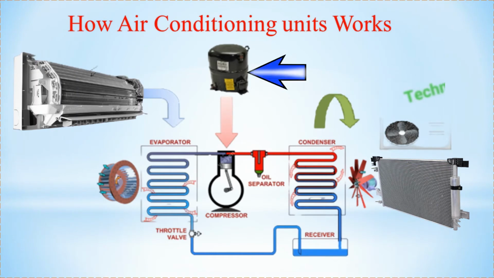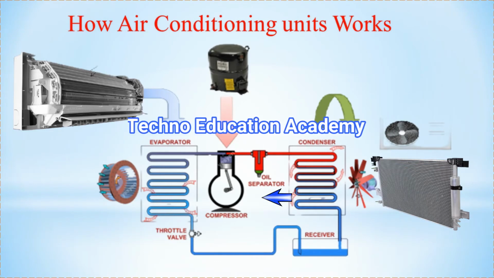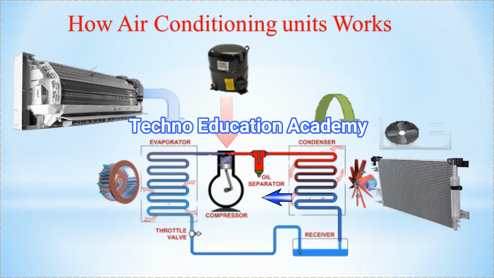The first component is the compressor. The function of a compressor is to increase the pressure and the corresponding saturation temperature, or we can say boiling point, of the refrigerant vapor to a high enough level so the refrigerant can condense by rejecting its heat through the condenser. A low pressure vapor from the evaporator is sucked in and compressed to high temperature and pressure.